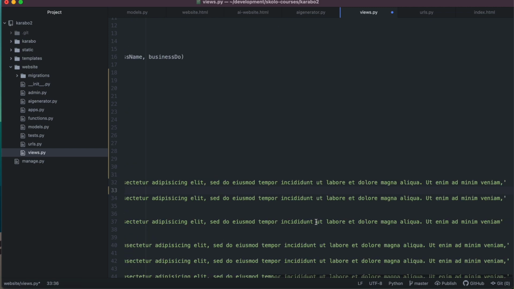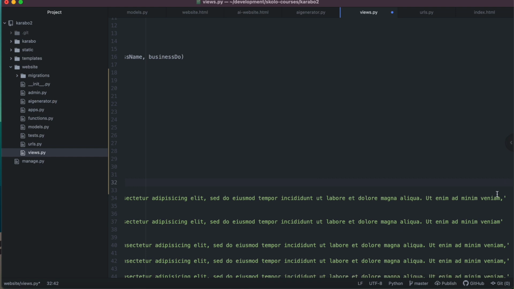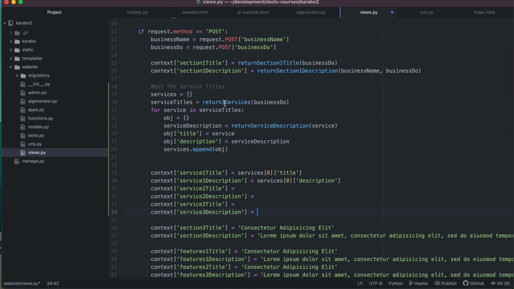All right, and then delete all of these. This is services at 1. This should be at 2. But because this whole thing can throw an exception, especially, for example, if you run out of credits or something goes wrong with OpenAI,